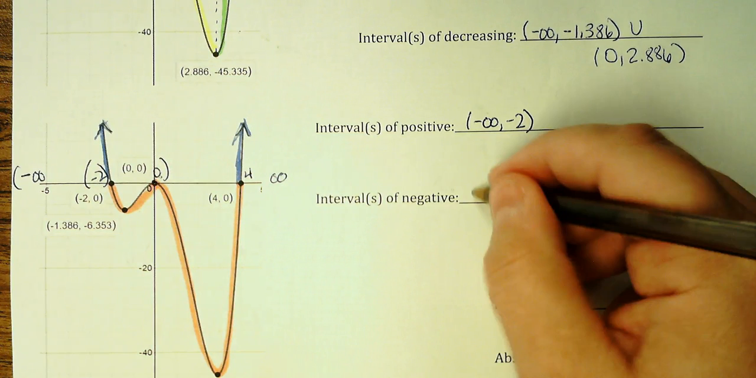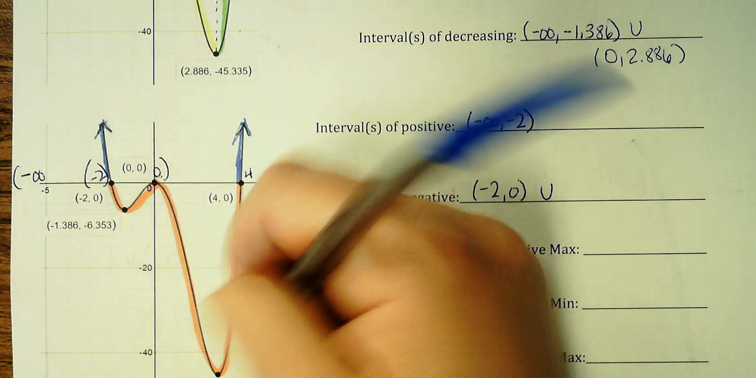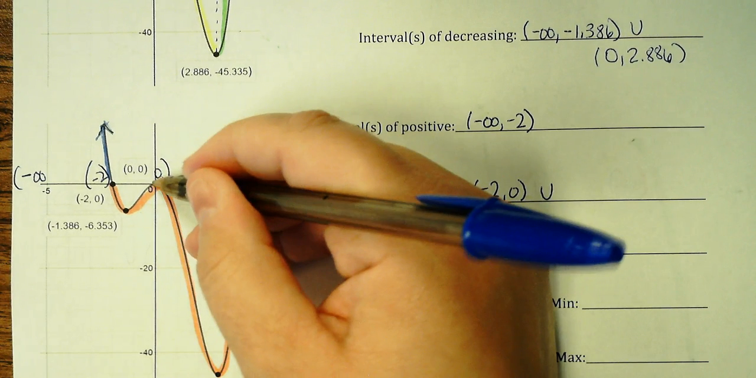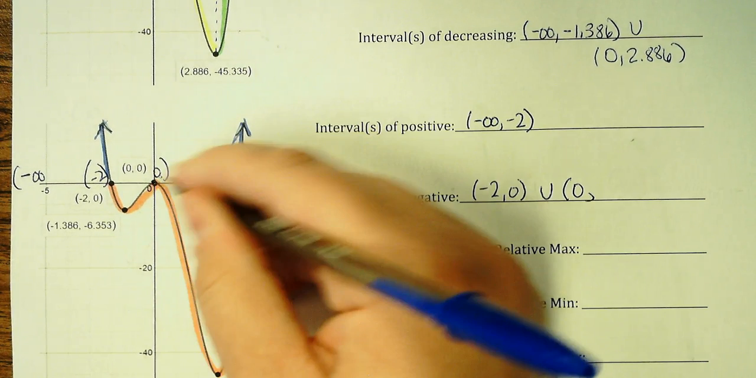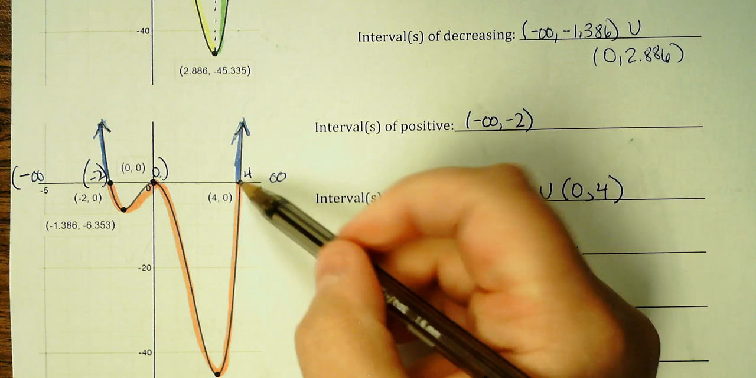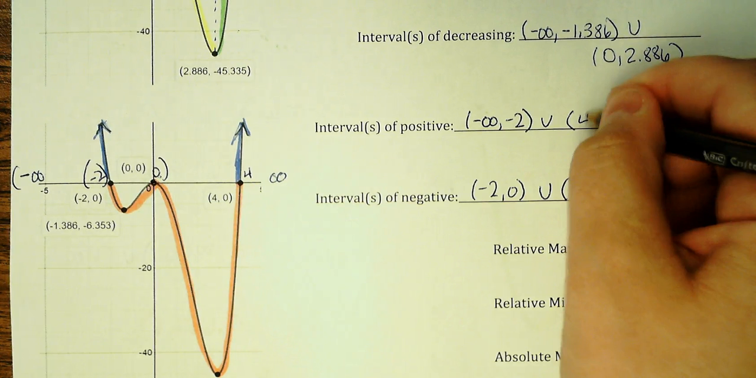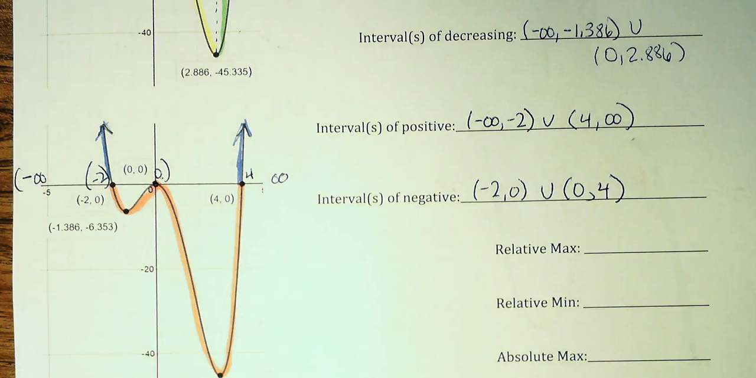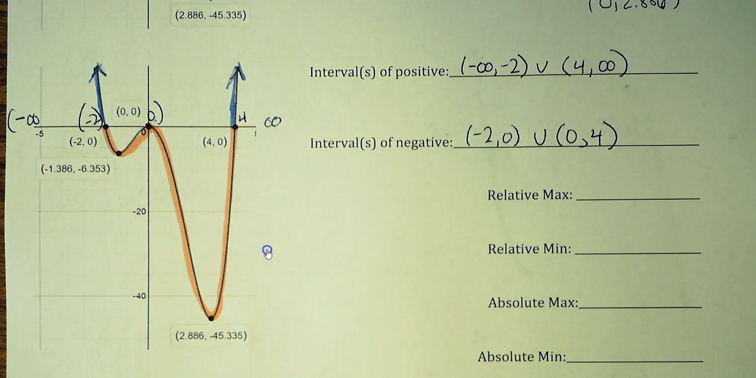So in terms of the negative, from -2 to 0, the next interval is also negative, but like I said, I have to separately define this. So starting at 0, remember I'm traveling to the right, till I get to the 4. And then at the 4, I switch back up to being positive, so the rest of the graph from 4 to infinity is positive. All right, slide this up. Okay, now,